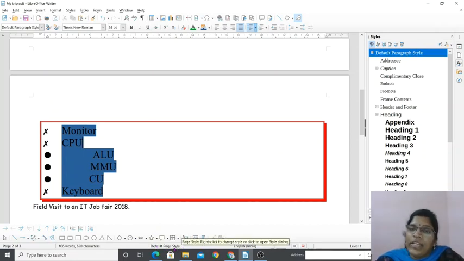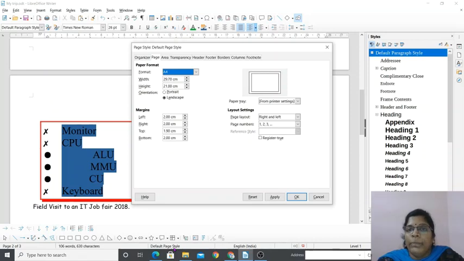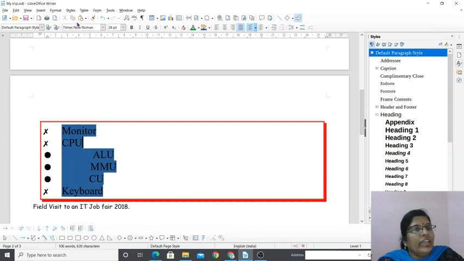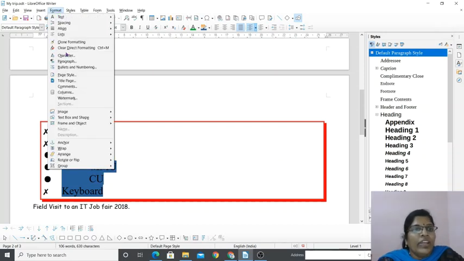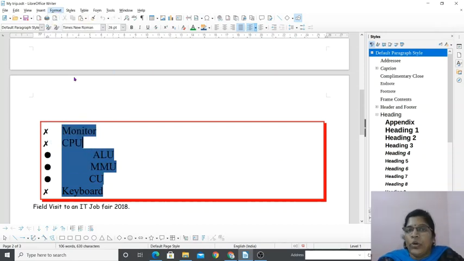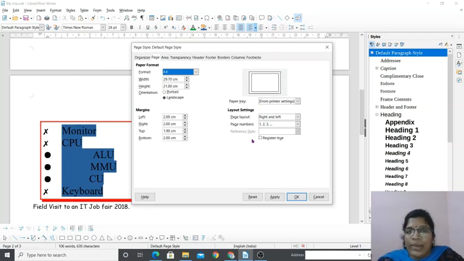So we are using default page style. If you want to change the page style, just click this default page style here itself. You can see page style dialog box appears. Or what you can do, you can go to format tab and go to page style option. The same dialog box appears.